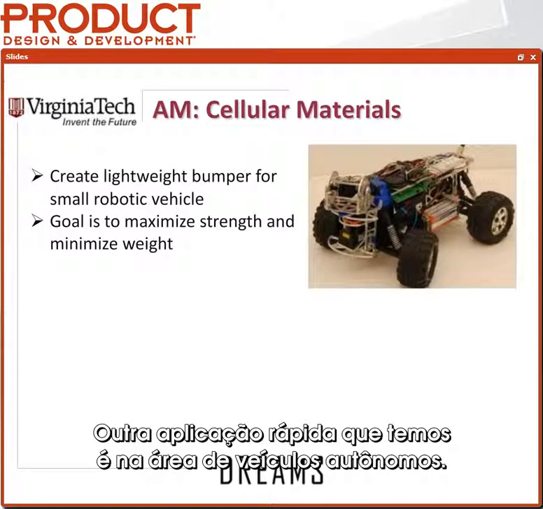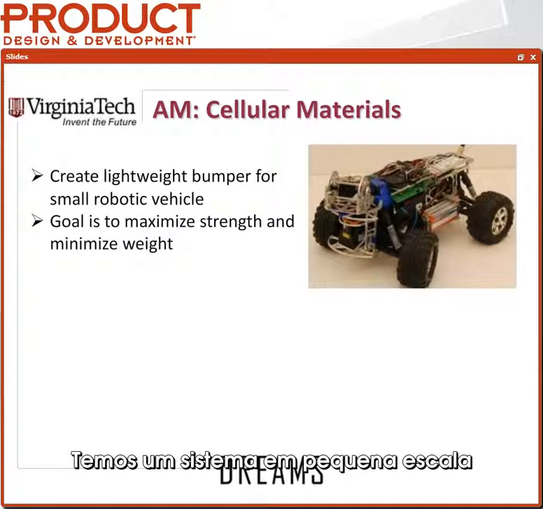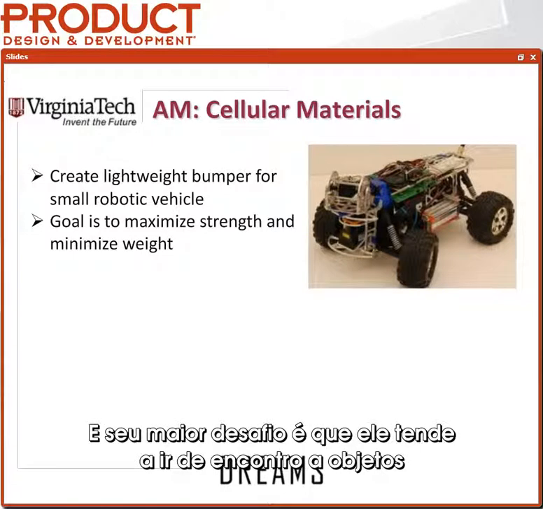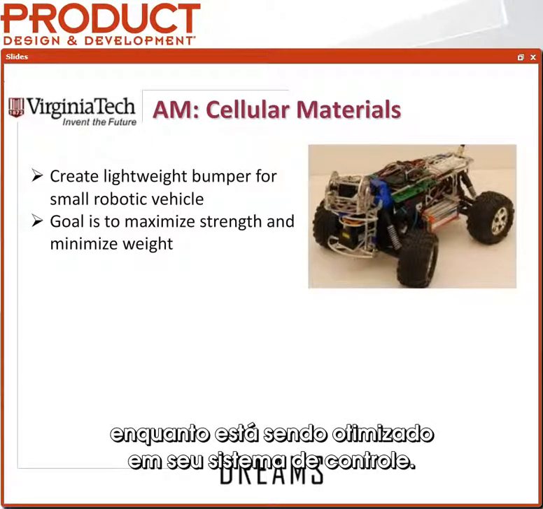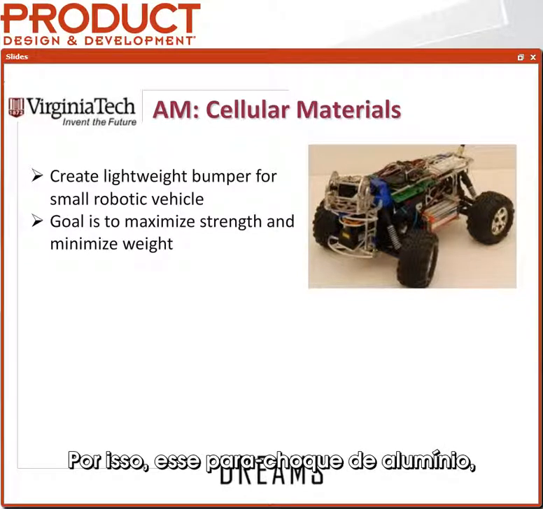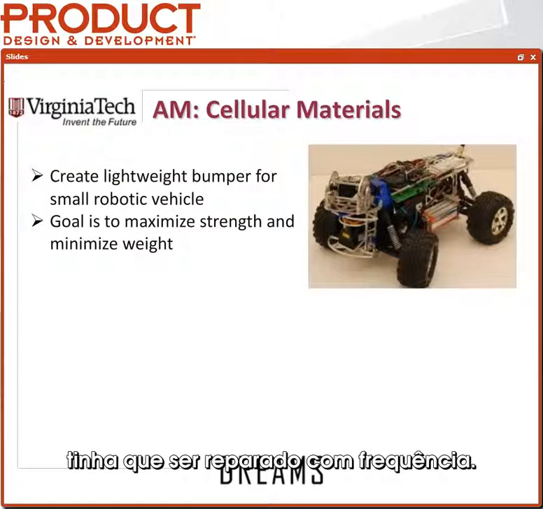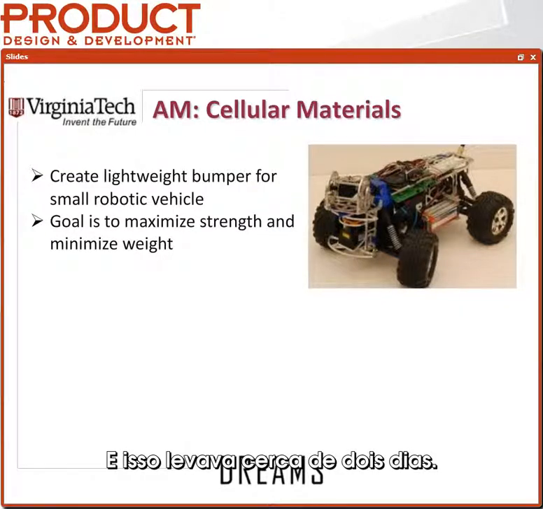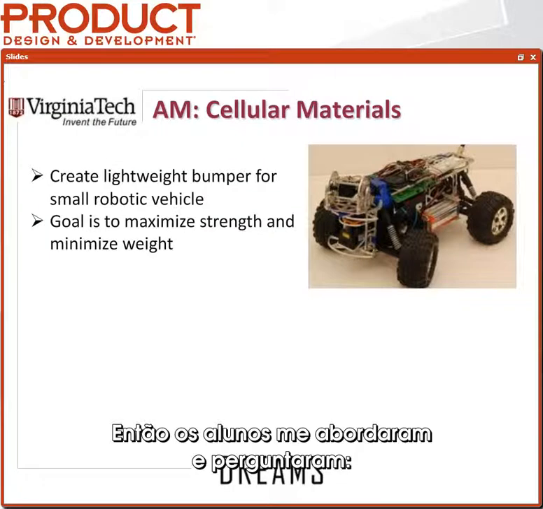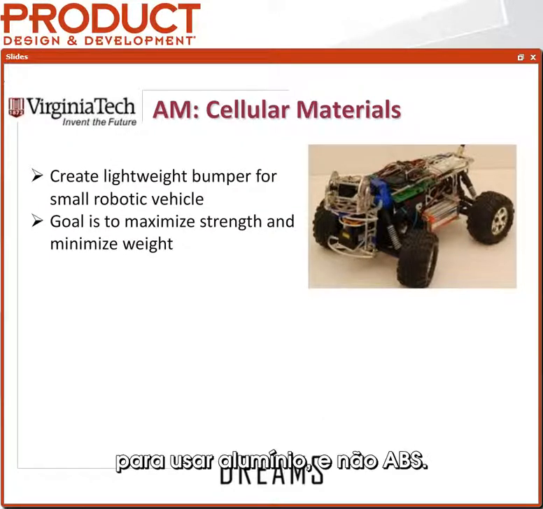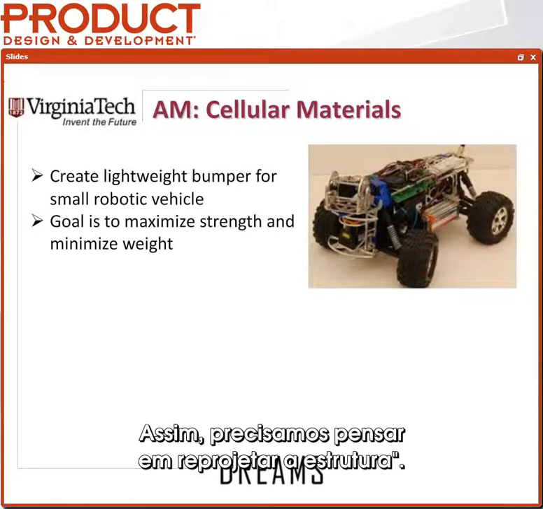Another quick application we have is in the area of autonomous vehicles. We have a small-scale system that is completely autonomously controlled, and its biggest challenge is it tends to run into things while it's being optimized in its control system. So that aluminum bumper, which has always been hogged out of aluminum with CNC machining, kept having to be repaired, and that was about a 2-day turnaround time. So the students came to me and said, well, can't we just print this out of plastic? And I said, well, obviously you've designed this for aluminum and not ABS, so we need to think about redesigning